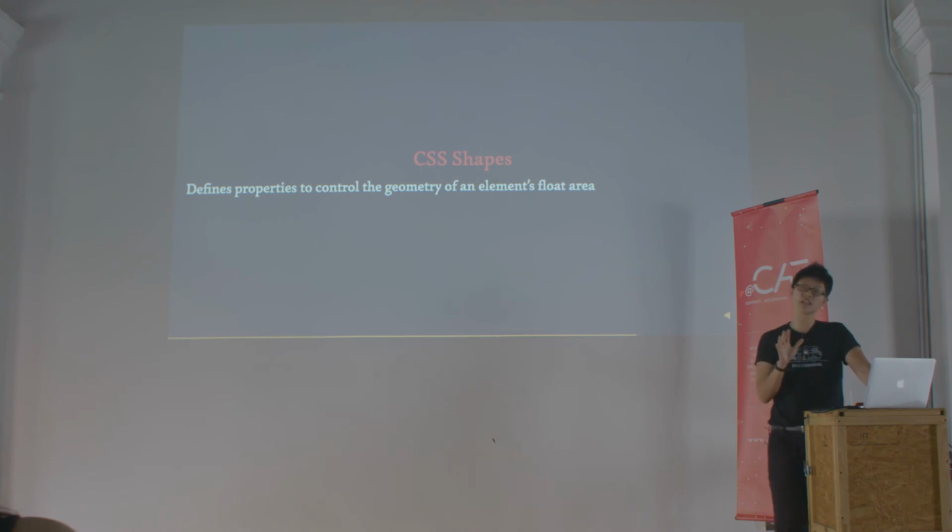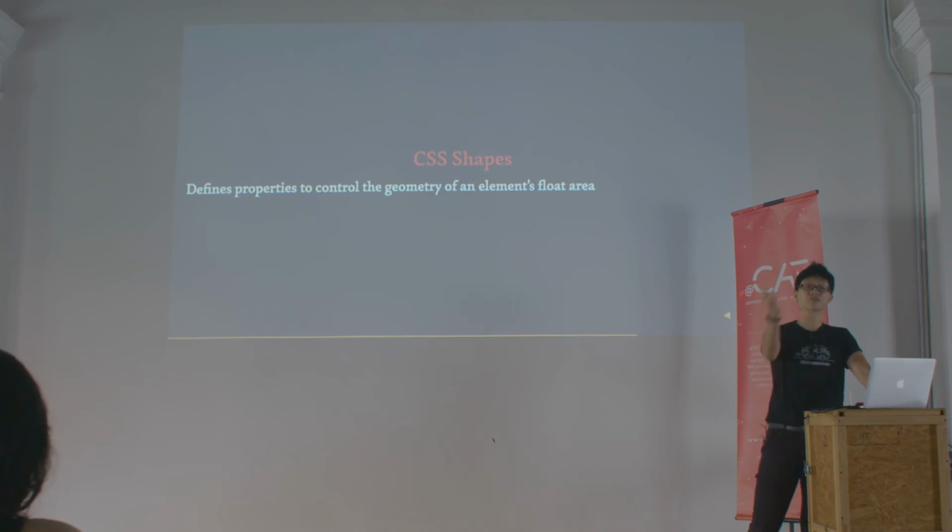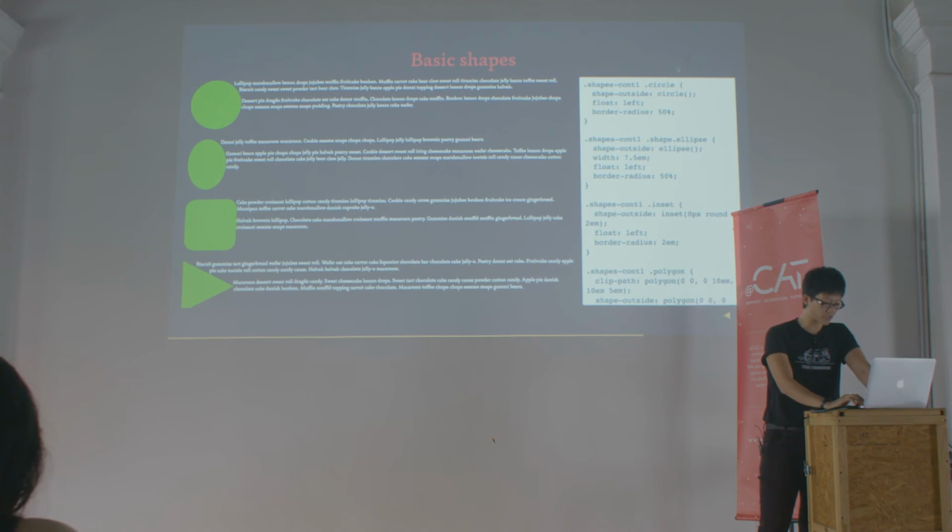For now, we can only let text flow around shapes and images with the shape-outside property. When you apply this property to a floated element, the text will flow on the opposite side of the float. These are the 4 basic shape functions that we can use to define a shape outline around which we want the text to flow. We have circle, we have ellipse, we have inset, and we have polygon for more